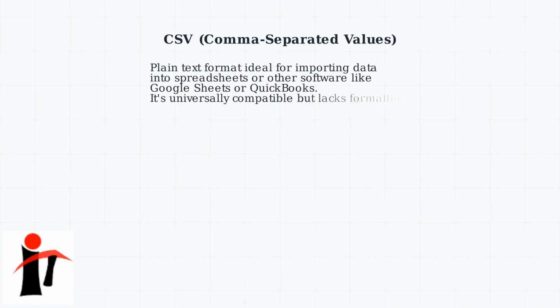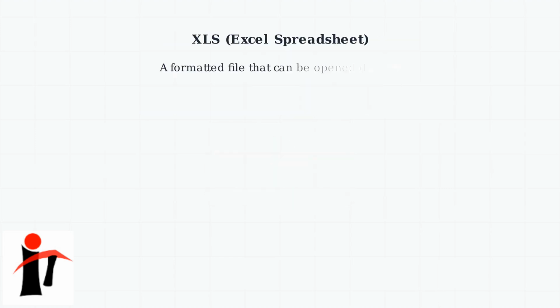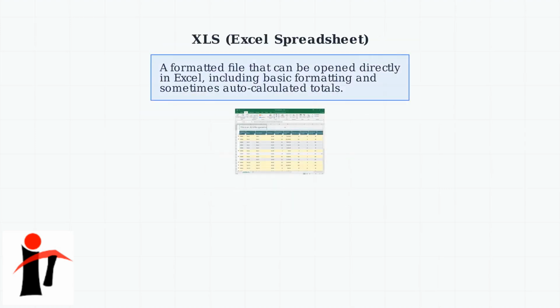CSV, or comma-separated values, is a plain text format ideal for importing data into spreadsheets or other software like Google Sheets or QuickBooks. It's universally compatible but lacks formatting. XLS, or Excel spreadsheet, is a formatted file that can be opened directly in Excel, including basic formatting and sometimes